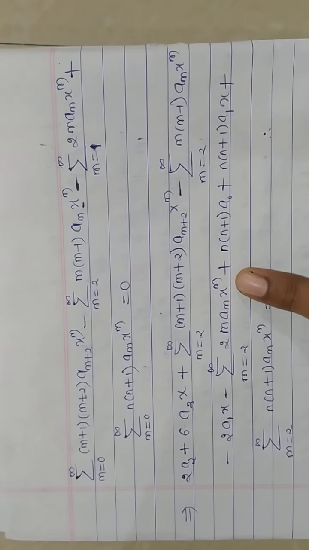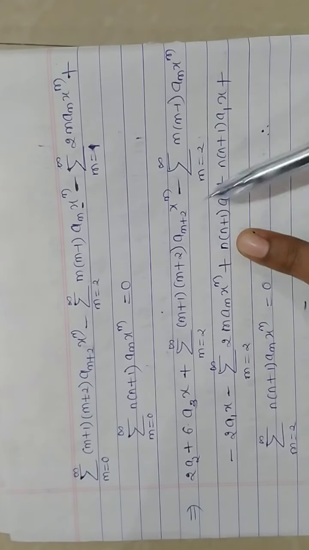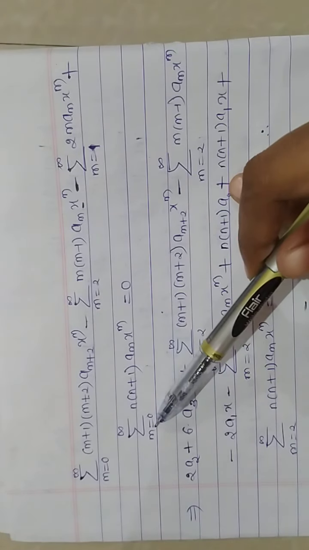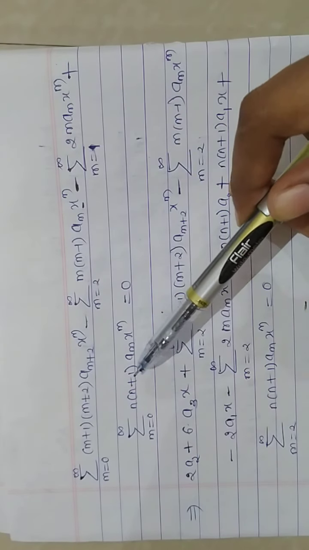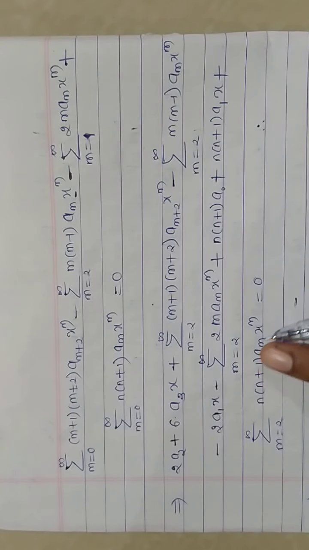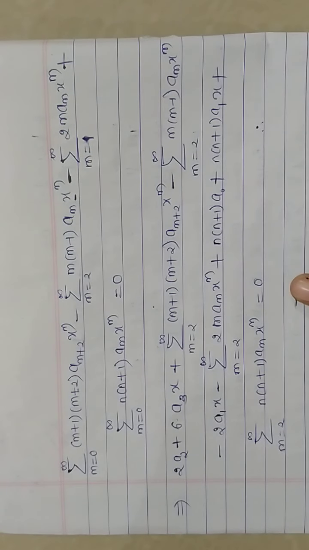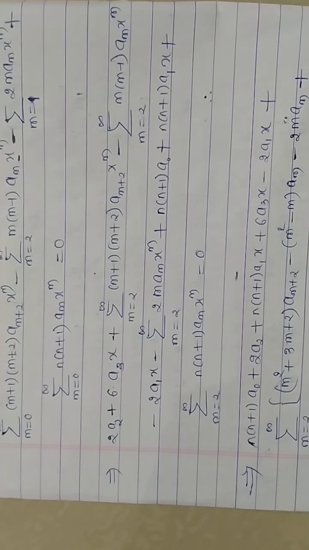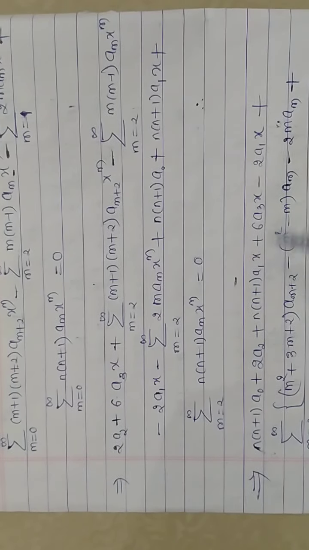So what do I have to do for that? First I have to substitute m = 0 and then m = 1. After that I can keep the summation as it is. So after substituting m = 0 here, n into n plus 1 as it is, a naught x raised to 0 will be a naught, plus whenever m = 1 I get n into n plus 1 a1 into x, plus summation m = 2 to infinity n into n plus 1 am x raised to m as it is. Okay, so I will write all the terms, that is summation terms and constant terms as it is.